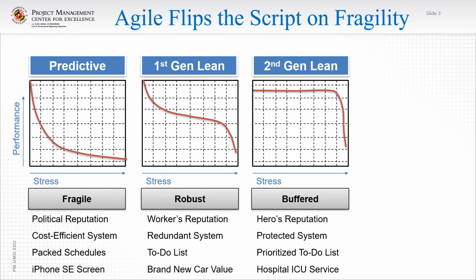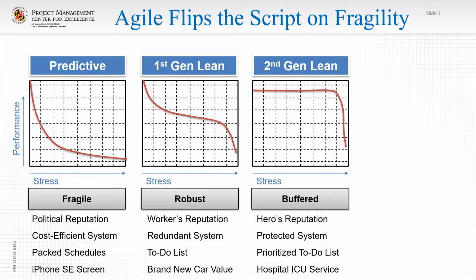And this is what we see in a hero's reputation. So heroes' reputations are buffered because of the fact that they can get away with anything, even murder. And they can do it many times over until eventually the world gives up on them and says, no, you've done too many bad things. We no longer can hold you as a celebrity. Celebrities eventually do run out of goodwill.